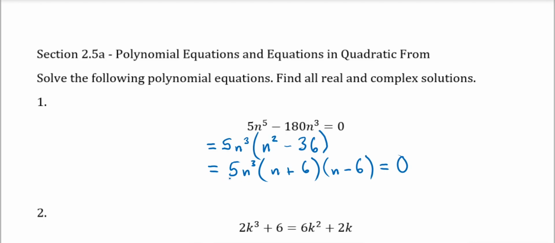Now, taking advantage of the zero product property, we have that either 5n to the third is equal to 0, divide by 5, take the third root, or just use the zero product property again to see that this entails n is equal to 0 in this case. If n plus 6 is equal to 0, then n could be equal to minus 6. And if n minus 6 was equal to 0, then n would be equal to plus 6 in this case. So these three answers, 0, minus 6, and positive 6, are going to be the three solutions to this original